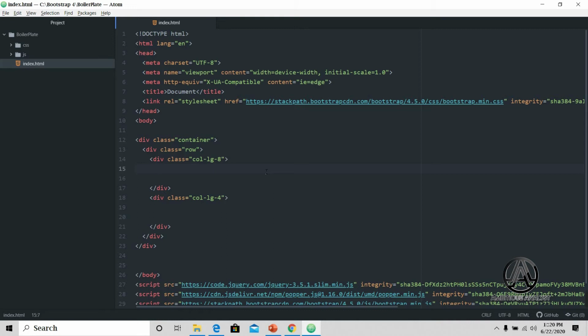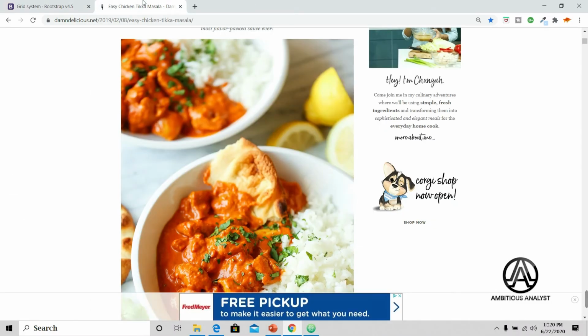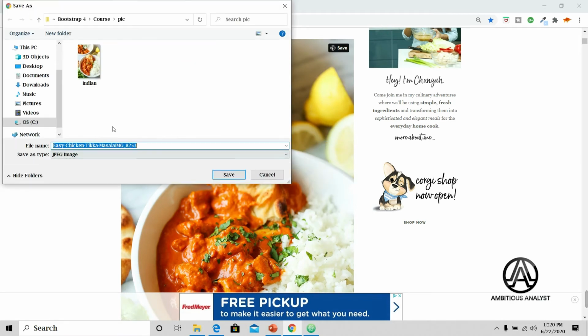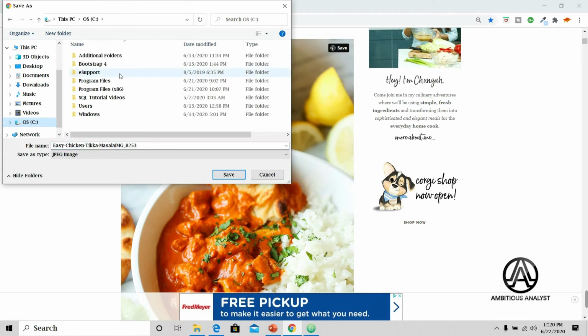It's just been formatted. So if we want to add an image, like the image of the tikka masala, we would do img, boom. Now we need an image to make this work. I'm going to go back here, right click, save image as, and I had already done it previously, but you can go back into your boilerplate